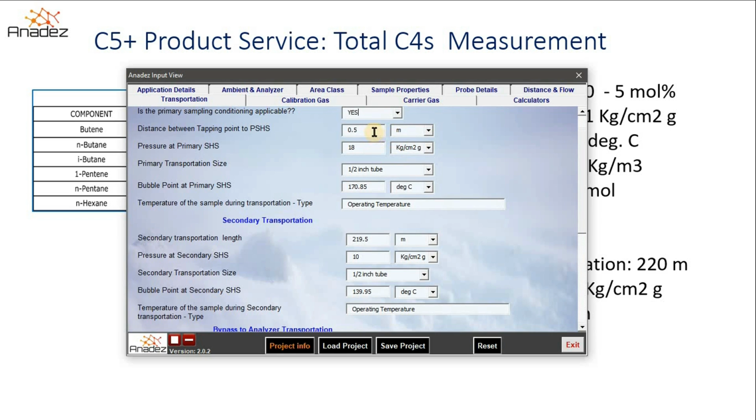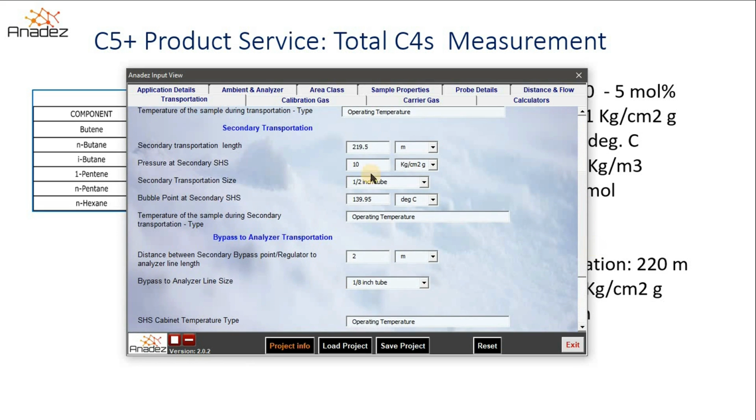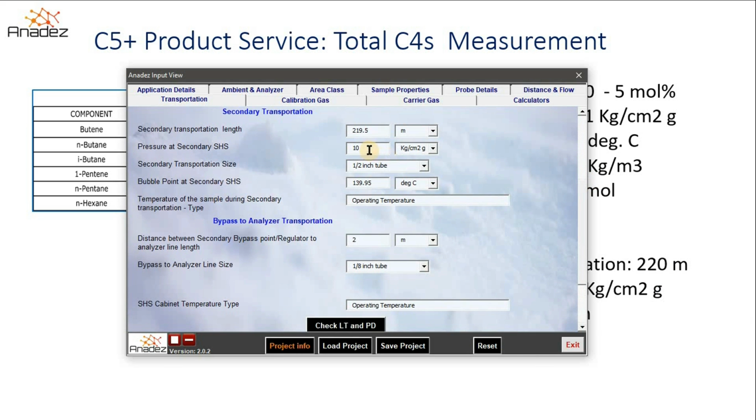That's why I have considered 0.5 meter from the tapping to the fast loop pump skid, and the secondary transportation length gets automatically set as the balance. 20 meter is the total distance. Okay, so I have considered 10 as the